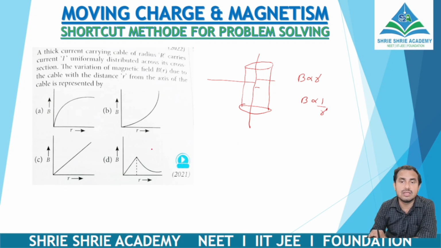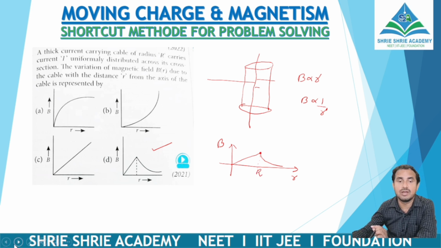Clearly this is the diagram, and this diagram will come in gravitation also. Inside, as the distance increases, the magnetic field also increases, becomes maximum on the surface, and then keeps decreasing. So magnetic field on the y-axis, distance on the x-axis: it starts with no magnetic field, goes up, becomes maximum on the surface,